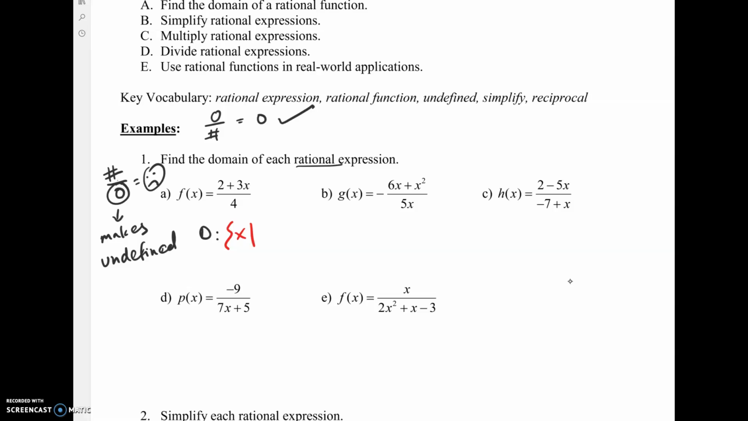So the answer is, for over here, the domain would be x such that x is any real number. Or one could have said it's negative infinity to positive infinity in interval notation. But when we look at letter B,